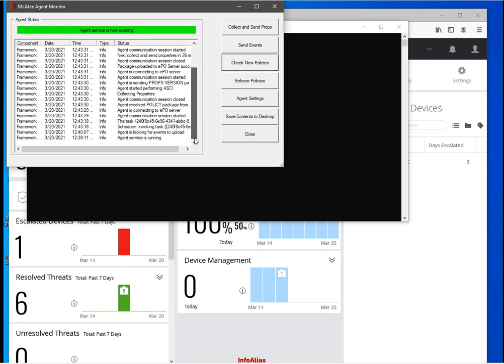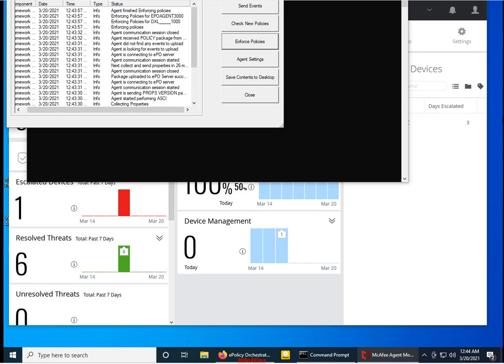So we need to wait for a while. It will take policies, take the commands which are executed through the mVision cloud, and it is enforcing policies for EPO agent, and we need to verify the product. We need to wait for a while for the product deployment.